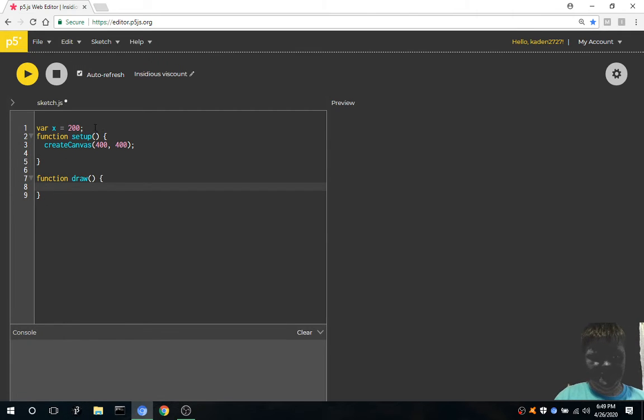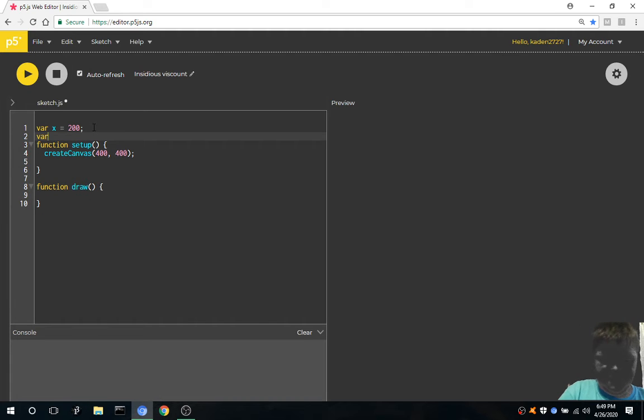And then we want another variable. Now we'll just say var speed. This is a good example. We can say var speed equals 1. And then if we do a circle, this is similar to